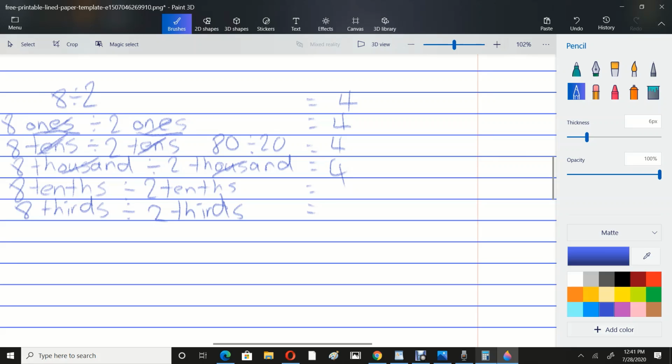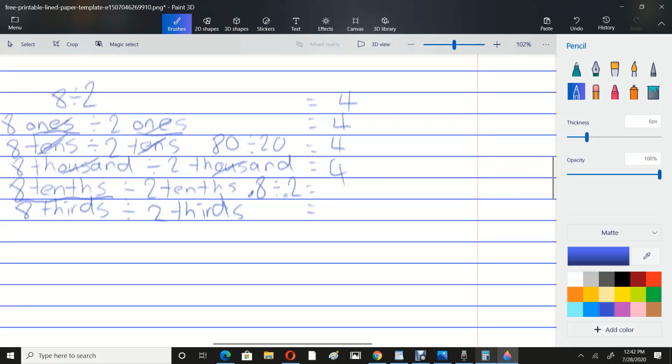What about 8 tenths divided by 2 tenths? What does that even mean? What are tenths? Well, those are fractions of a whole, right? If we wanted to write this as a decimal, 8 tenths would be 0.8, since one place behind the decimal represents the tenths place. So we have 0.8 divided by 0.2, 2 tenths, which is going to happen the same